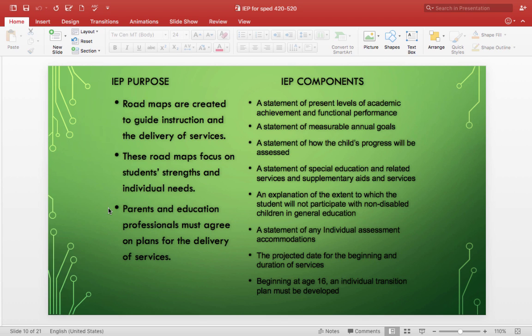Supplementary aids and services. Are they blind? Do they need some kind of special computer if they have low vision, versus do we need a hearing aid if they are deaf for use at school? We also need to know any assessment accommodations, and we have to have those like 6 weeks before